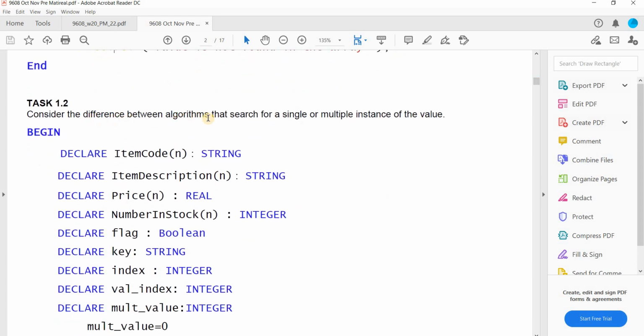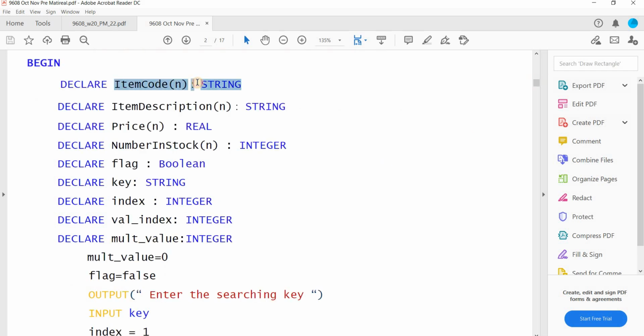Consider the difference between algorithms that search for a single or multiple instances of the value. For example, in an array, if you have multiple instances of that value, then what will you do? It will show whether this value has a single instance or multiple instances. Okay, item code, item description, price, number.